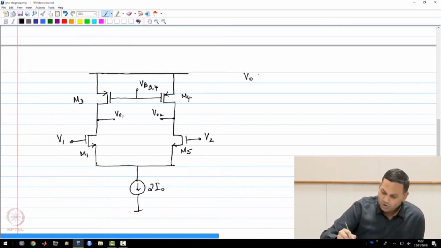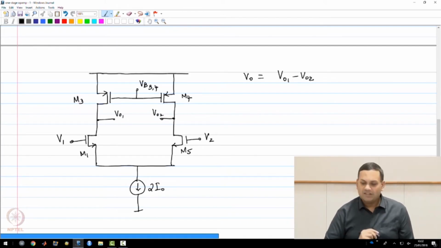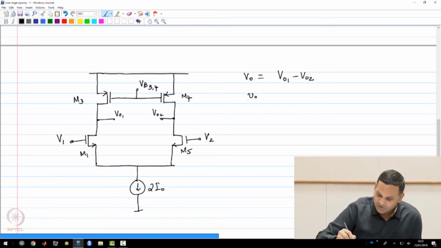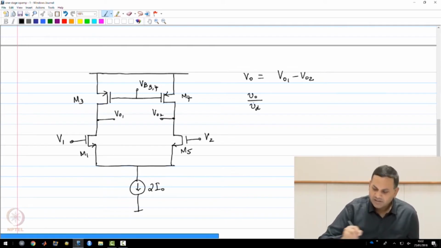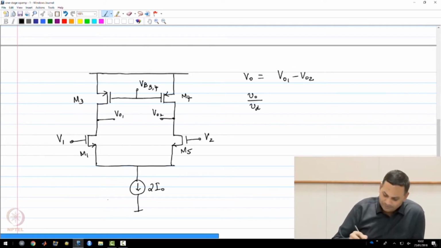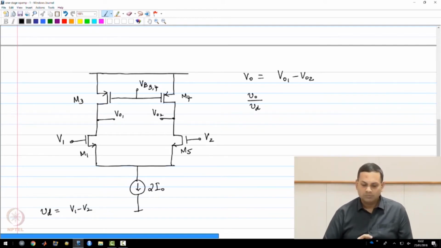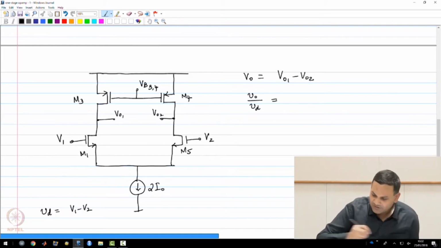Now if you look at the output as the difference between VO1 and VO2, the small signal gain of this circuit, which is VO by VD, where VD is V1 minus V2, the differential voltage applied at its input,